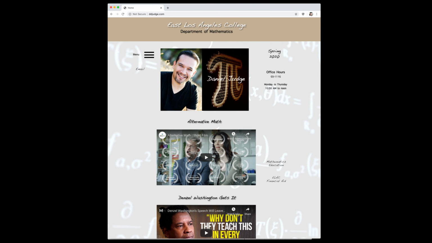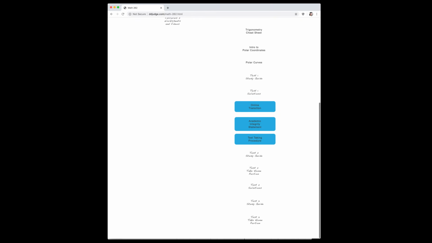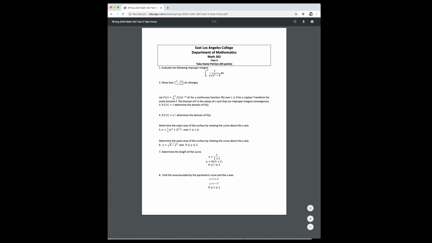And as you guys know, you had a test yesterday. And if you go down here, of course, we have the take home portion. Okay, so the take home portion is here. And part of it was or is from your study guide, right? So some of these questions are from the study guide, some are not. So what I have here for you guys is a take-home portion for test 3, and